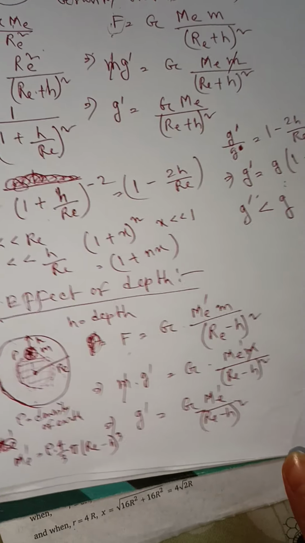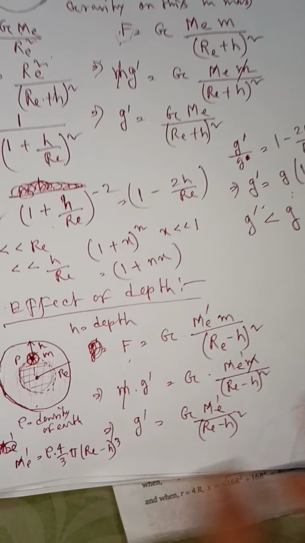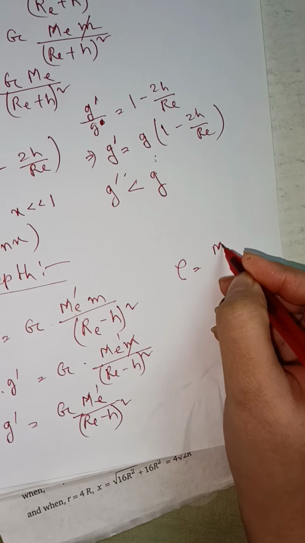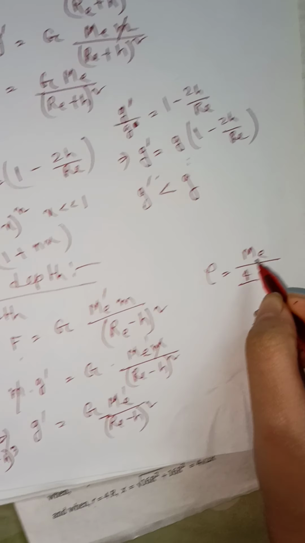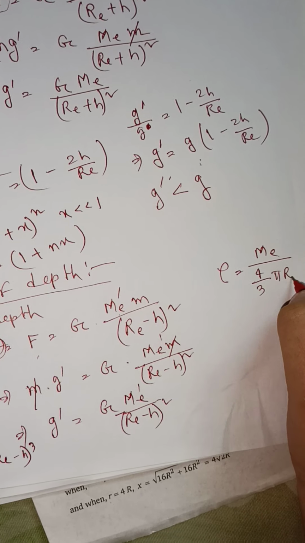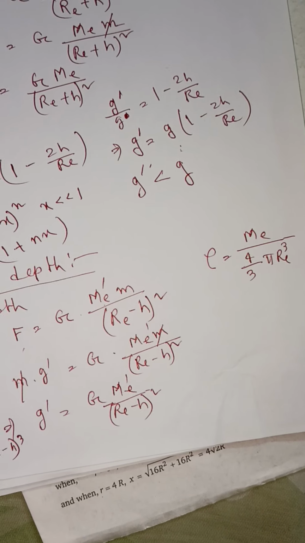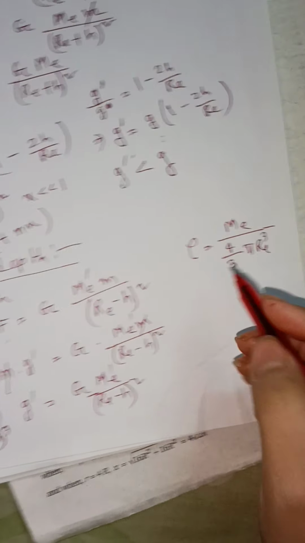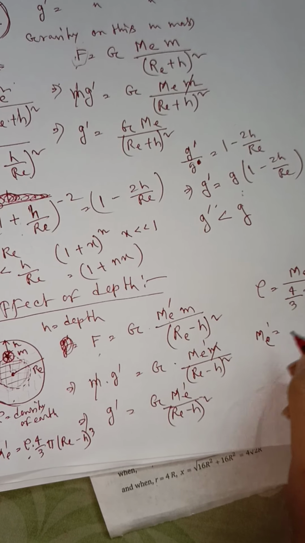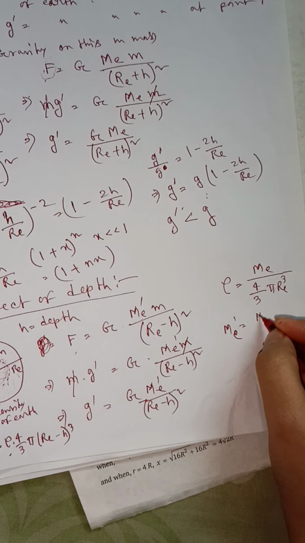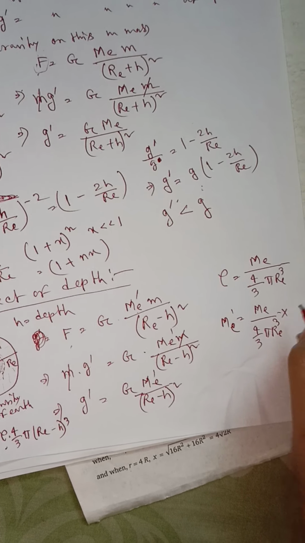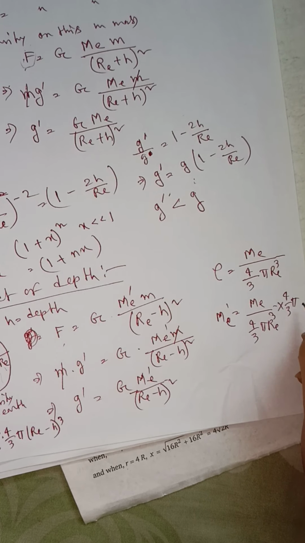Now just look at here. What about rho? Rho equals density, right? So density equals total mass by total volume, and this is the total mass of this earth, and total volume equals what? 4 by 3 pi RE cube, because RE is the radius of the whole earth. Now if we put this value at here, just look at here. ME dashed equals rho equals this one, so ME by 4 by 3 pi RE cube into 4 by 3 pi